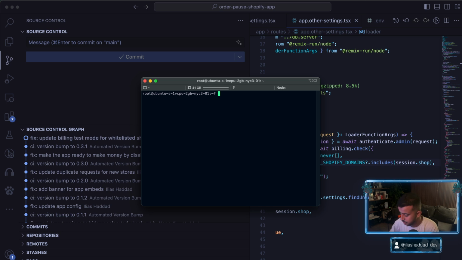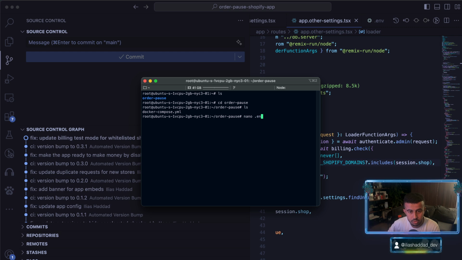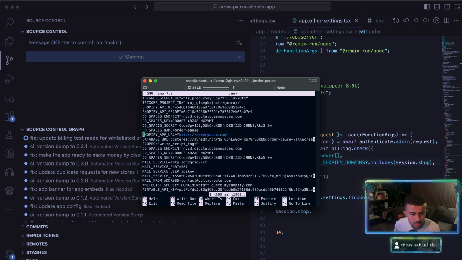So this is the server. I'm using DigitalOcean, so I just have to modify the environment variable here. So let's do nano .env, and let's grab